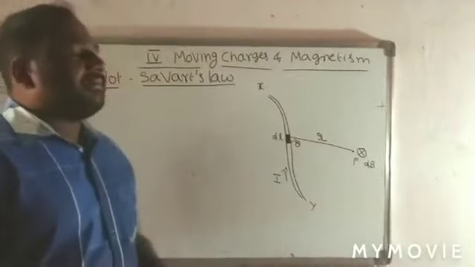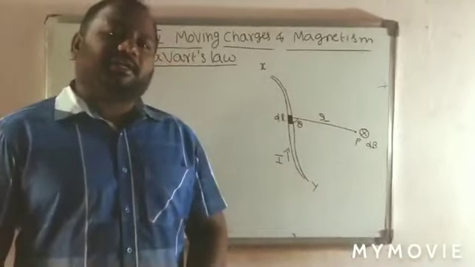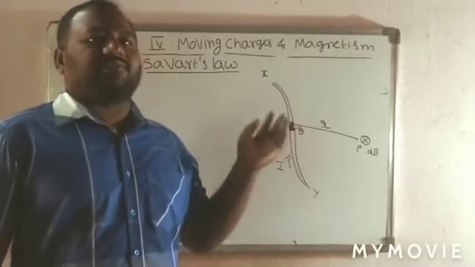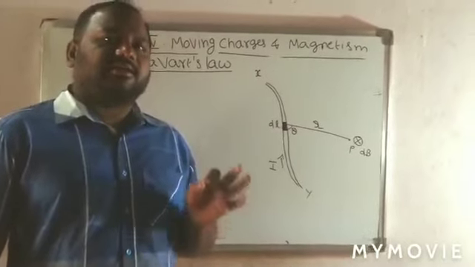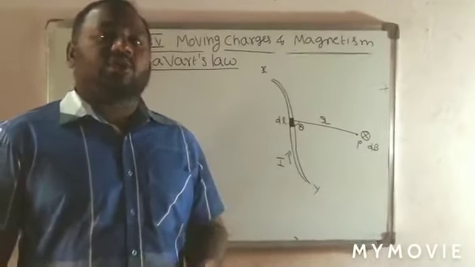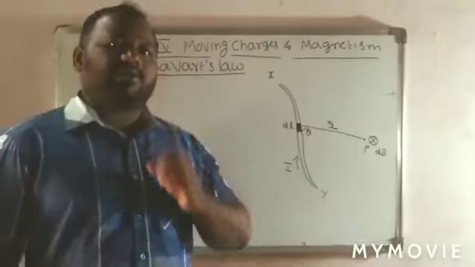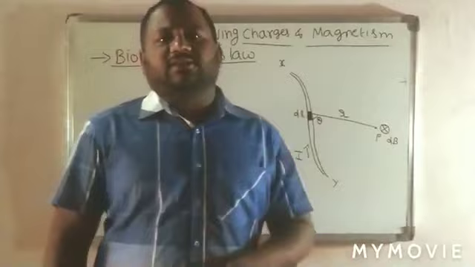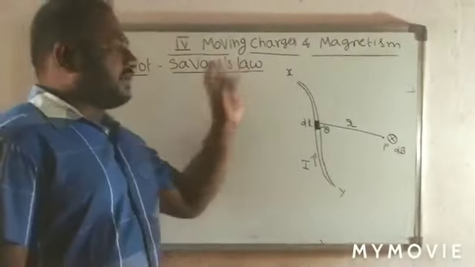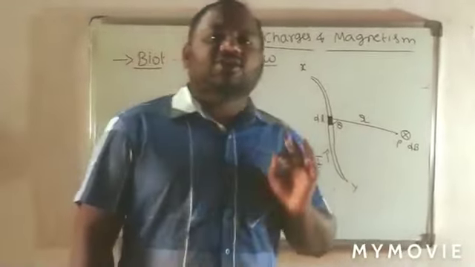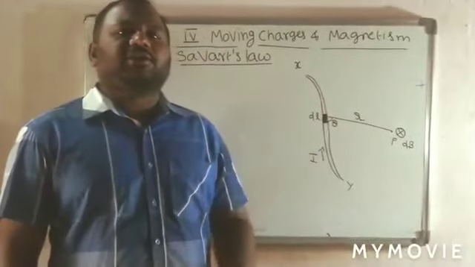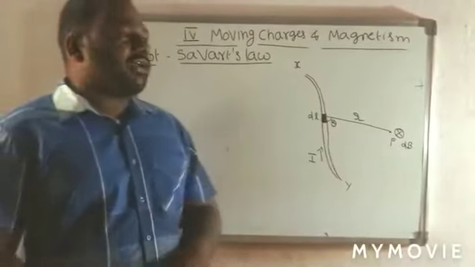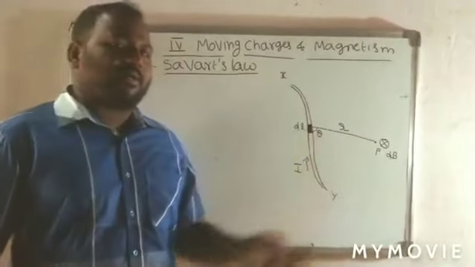Next, we find the magnetic field due to different types of arrangements of conductors. We find the magnetic field due to a straight current carrying conductor, due to a circular coil, and due to the solenoid and toroid. For that, we have to know a rule, that rule is Biot-Savart's law. Biot-Savart's law is used to find the magnetic field due to different shapes of conductor. Here I am going to define Biot-Savart's law. This is an important 2-mark question.